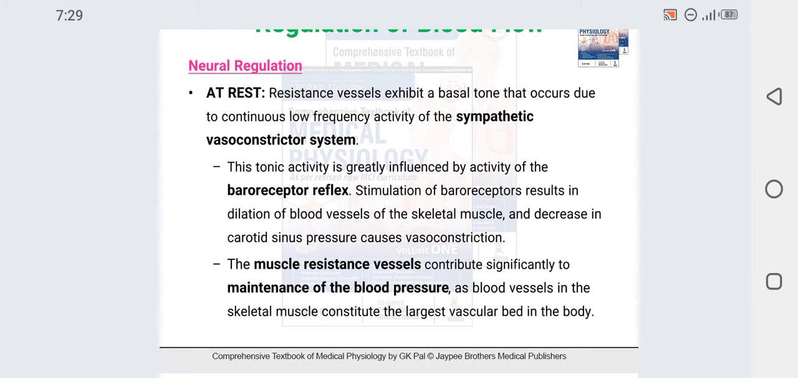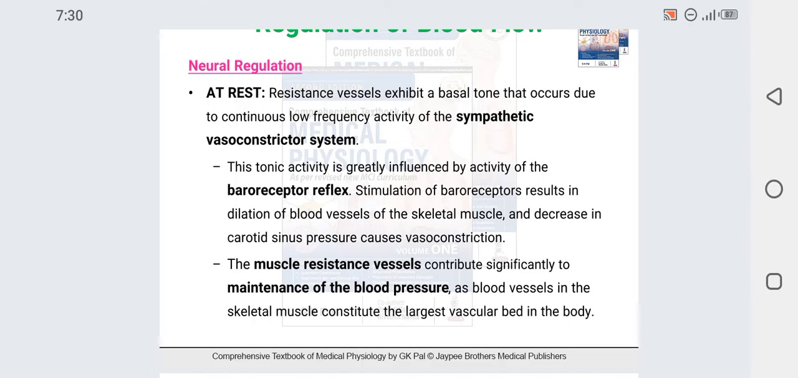Regulation. First, neural regulation. At rest, the resistance vessels exhibit a vessel tone, which occurs due to the continuous low frequency activity of the sympathetic vasoconstrictor system, and this tonic activity is greatly influenced by the activity of the baroreceptor reflex. Stimulation of these baroreceptors results in dilatation of blood vessels of the skeletal muscle, and a decrease in carotid sinus pressure